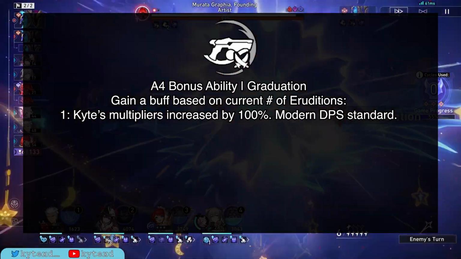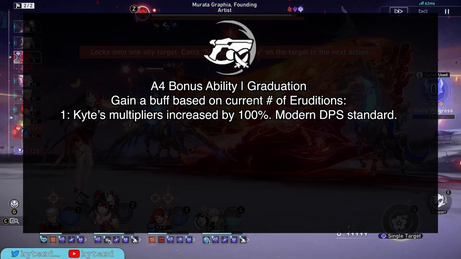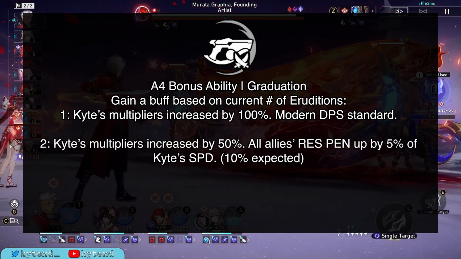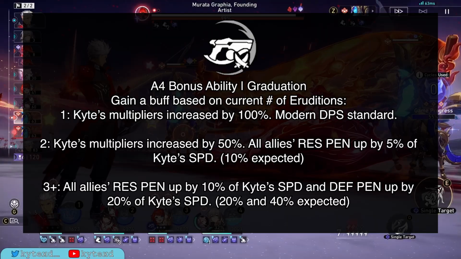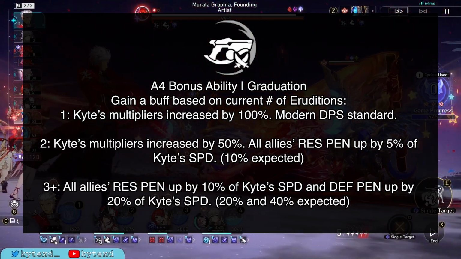If I am the sole erudition, my multipliers are increased by 100%. This greatly increases my personal damage and puts me up to modern DPS standards. If there are 2 eruditions, all allies gain res pen equal to 5% of my speed. If you decide to abandon harmonies and go triple erudition, you will be rewarded, as I'll increase res pen by 10%